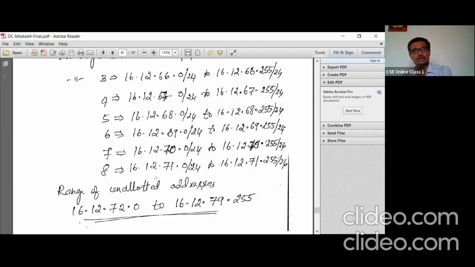The remaining is 4096 minus 2048, which equals 2048 unallotted addresses. So the ISP can allot these addresses to some more organizations. This is exactly how an ISP will allot the addresses.